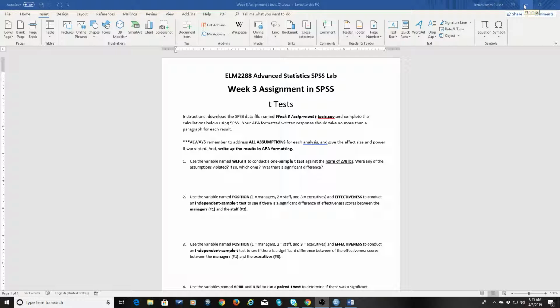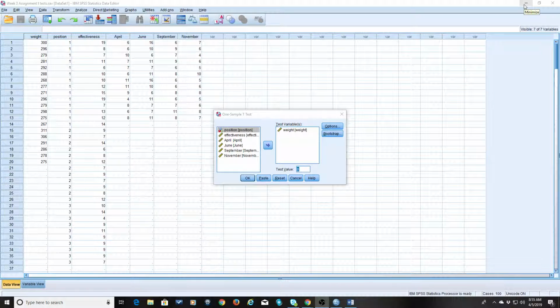So this is the assignment that's coming up here on the screen, and let me go into the SPSS software. So I opened up my SPSS software, and I opened up the week 3 t-test assignment. Okay, so what I'm doing here, let me close this out and start again. Okay,